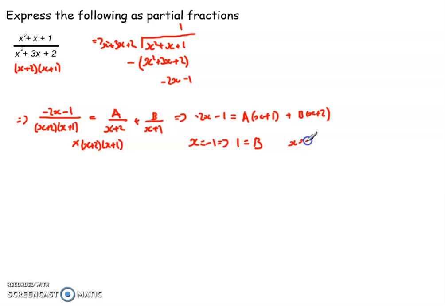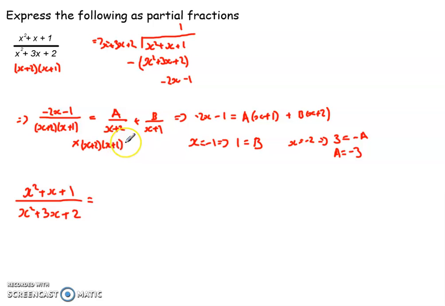If I then choose the value of x equal to negative 2 to eliminate the b, my left hand side becomes negative 2 times negative 2, so 4 take away 1, which is equal to 3. I've then got negative 2 plus 1, which is negative 1, so negative a is just left there, so I know that a is equal to negative 3. So I can take this part here and express it in partial fractions, and I can use that for the whole thing. So I could then say that x squared plus x plus 1 divided by x squared plus 3x plus 2